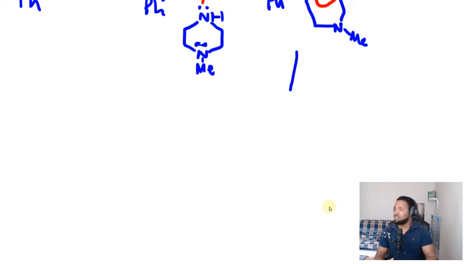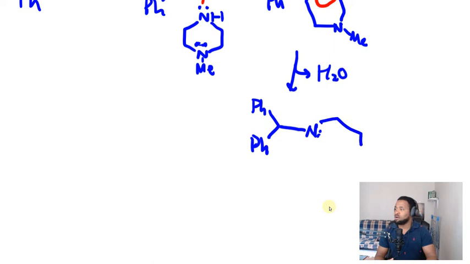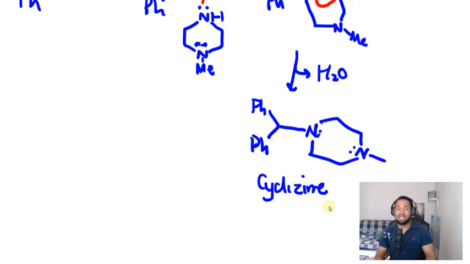Take note that in this case we have the loss of water, and we have our phenyls bonded to this carbon. We have our nitrogen with the lone pair and the two bonds, and the nitrogen bonded to the methyl. Here we have our specific product, and this product of focus is actually cyclizine, which is really crucial in the treatment and prevention of nausea, vomiting,